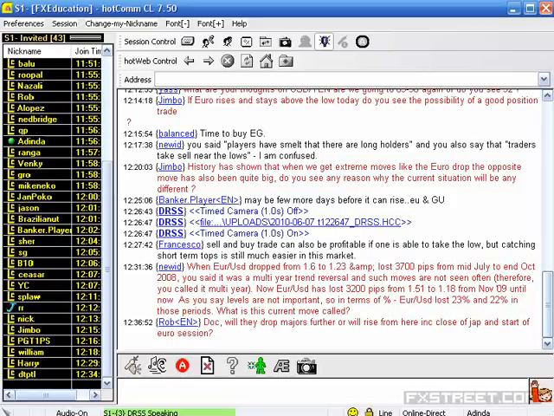And Jimbo, if euro rises and stays above the low today, do you see the possibility of a good position trade? No, I'm not envisaging any position trade, Jimbo, now, because the players are now trying to accumulate the buy position. So in order to accumulate the buy position, what they do is they make a swing for about 300 pips, 400 pips and things like that, and quickly book profit with regard to their buy position, again drop and show a new level so that traders will sell, then again gain the level and show a little lower high.